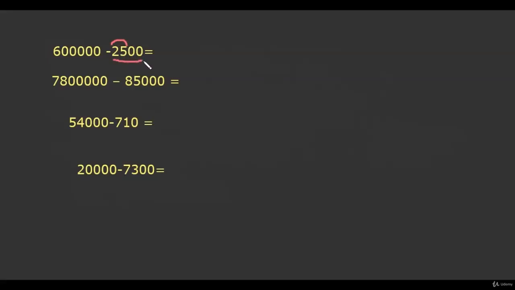But this number is a 4-digit number, so we will make a partition over here. Now we will reduce 60 by 1, so this becomes 59. Now we will apply Nikhilam over here, all from 9, last from 10. So subtracting 2 from 9, we get 7. Subtracting 5 from 10, we get 5. And these 2 zeros we will copy as it is.